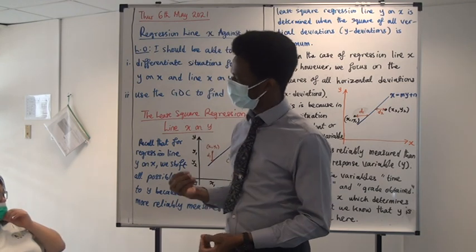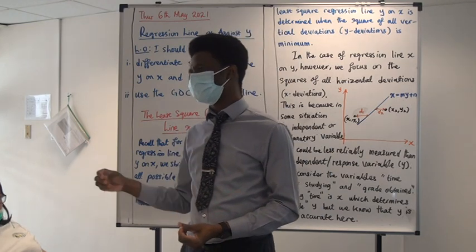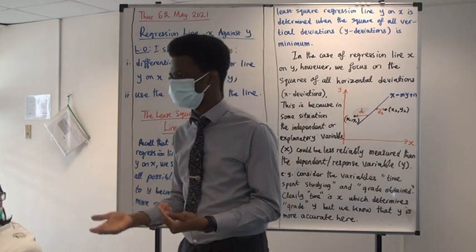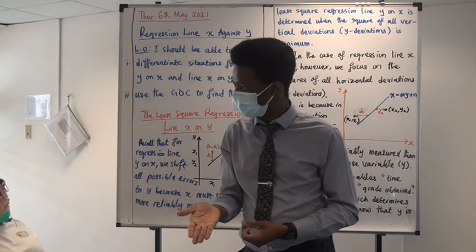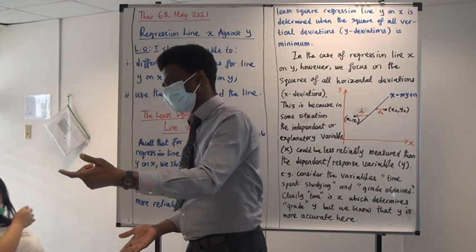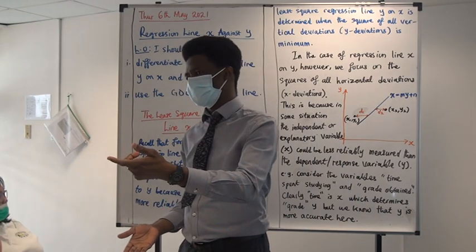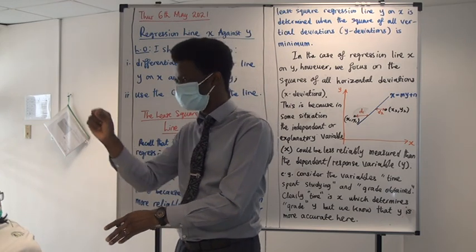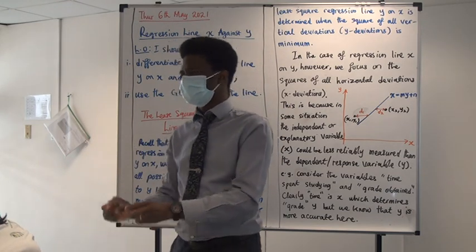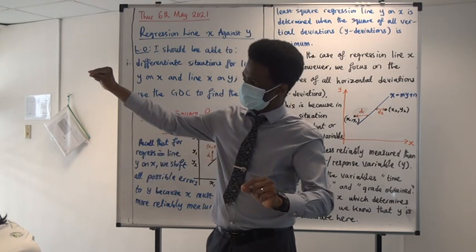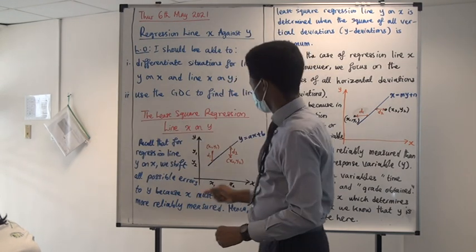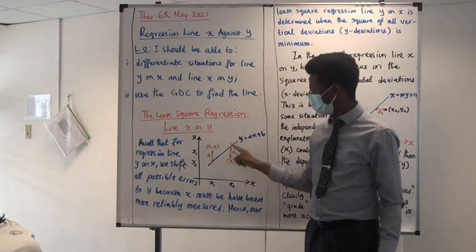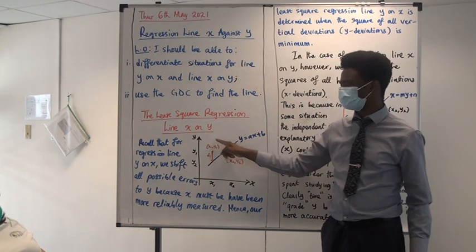When you substitute any x1, x2, x3 into the line, you get the estimate because it's on the line. However, that's not the point that you have. The table is actually the actual: x1, y1, x2, y2, you have that in the table. But that is not necessarily on the line for those x values. So this is another demonstration just like yesterday. You have x1, y1, x2, y2. These are the actual